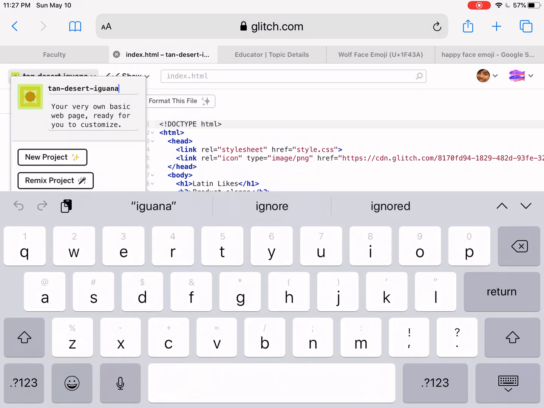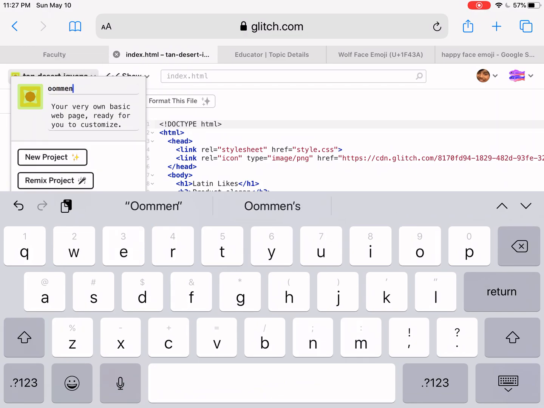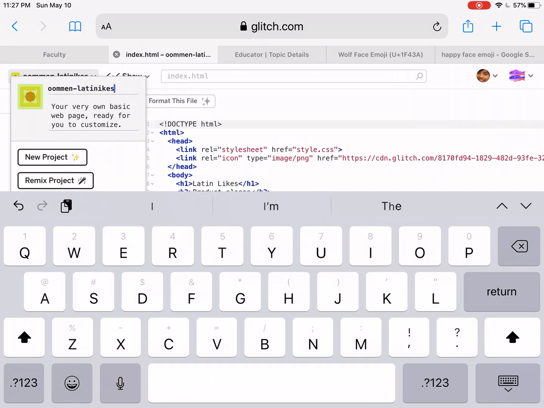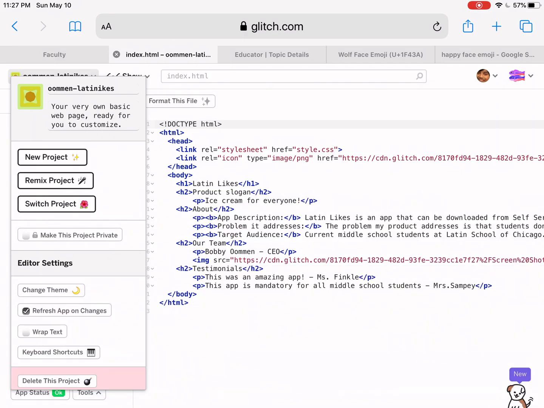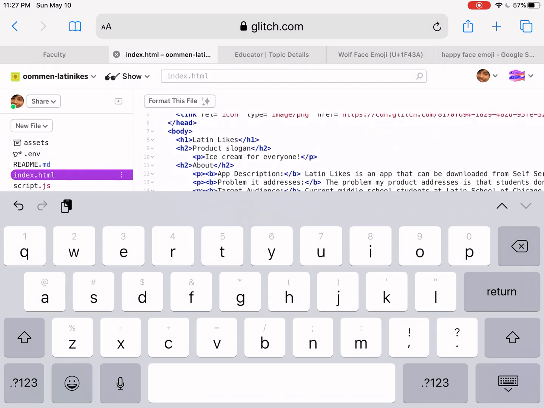So what I want to rename it to is according to the project guidelines. So I want to change it to my last name, and then I want to do my app name. So my app is called Latin Likes. Okay, so now once I have that, okay, that is now my web page. All right, so you should see in the top left corner, in Latin Likes, and now I've got my web